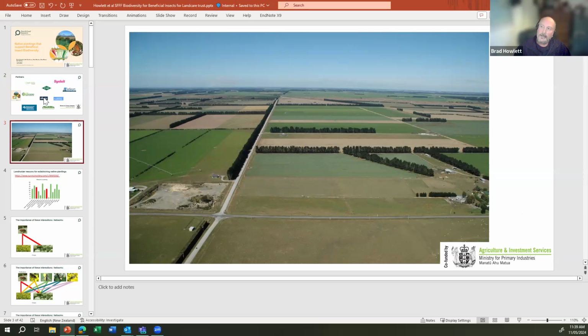The Canterbury Plains, as you can see from this picture, is a very intensive agricultural region. There's a very simplified landscape, very little native vegetation, remnant vegetation left, less than 0.5%. So in these sorts of habitats, globally, in similar habitats as well, there's just a real lack of diversity. So in these systems, what